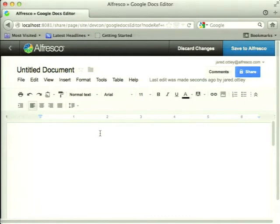When the document is saved from Google Docs back into Alfresco, or Google Drive back into Alfresco, that will then remove the document from your Google Drive. So it will no longer be there. While the document is in there, you have the full set of functionality that you would normally have within Alfresco, or within Google Docs. So, you